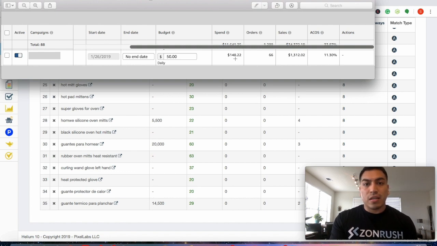And as you can see, PPC spend for the past 2 months. So we started that campaign on 1/26/2019. It's already generated 66 orders, $1,300 with an 11% ACoS. It's not bad, okay? And again, I'm trying to tell you, this is a long-term campaign. You're going to start to really see the fruition of it after about a month or so. So give it time. Just let it run in the back end and let it collect sales for you, because